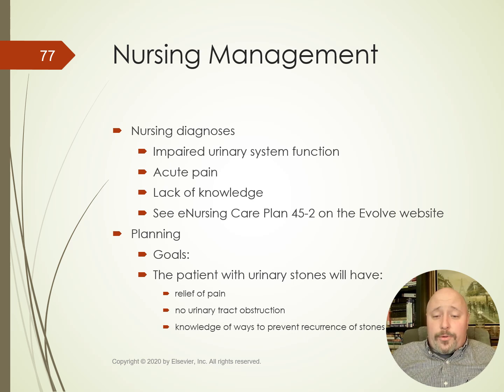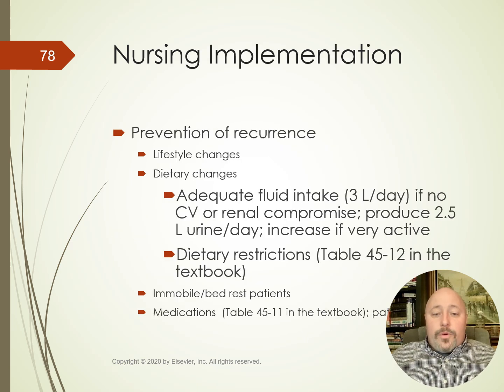to prevent further recurrence. When preventing recurrence, we want lifestyle changes, as well as those dietary considerations like adequate fluid of up to 3 liters a day, if no cardiovascular or renal compromise would prohibit that level of fluid intake. We also want them to produce 2.5 liters of urine a day, and increase that even further if they're very